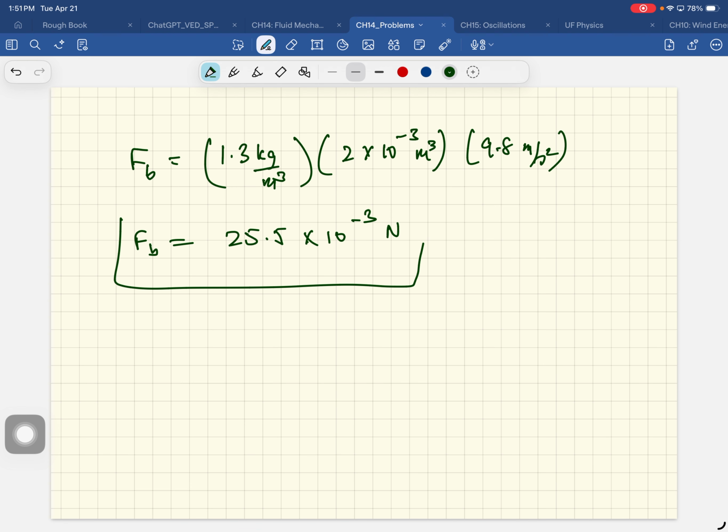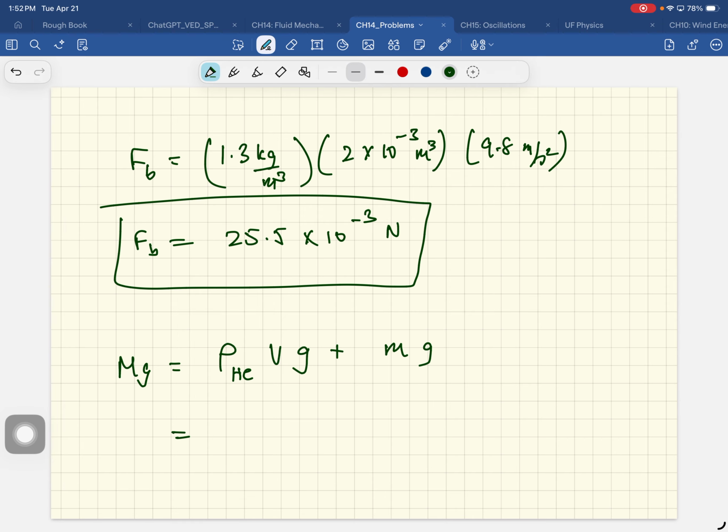It says estimate the time it would take to fill a pool with a capacity of 80,000 liters using a garden hose delivering 60 liters a minute. How long would it take if you could divert a moderate-sized river flowing at 5,000 meter cube per second? So part A,